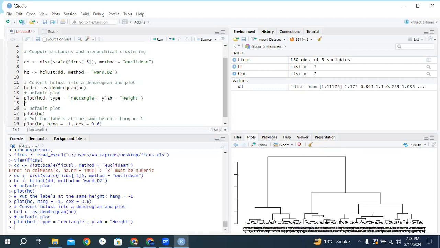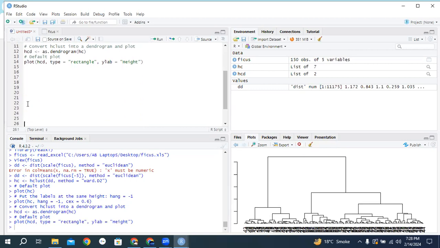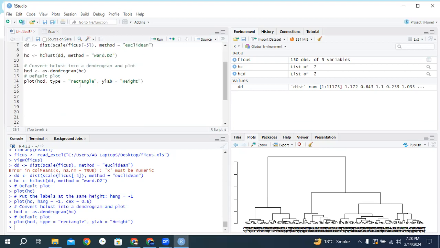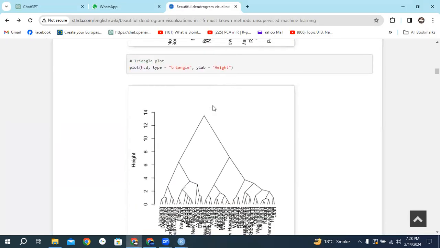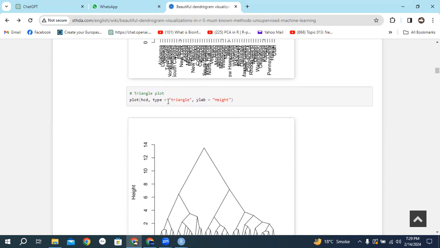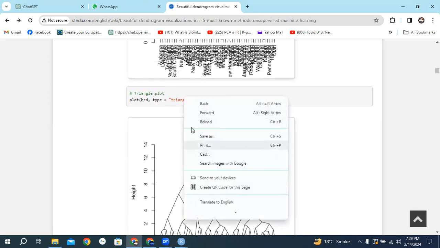It creates a plot for hcd. It is a rectangle plot. If you change its method, it will change its plot shape, as in our previous class when you changed to a circle, pie, color, number, it changed the plot shape. So if you need to change to triangle, copy this triangle,